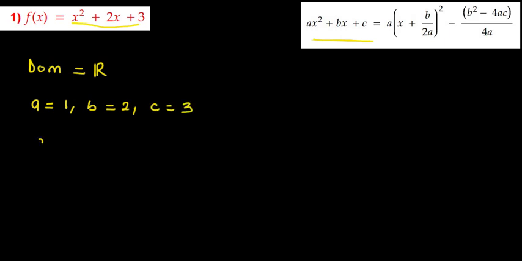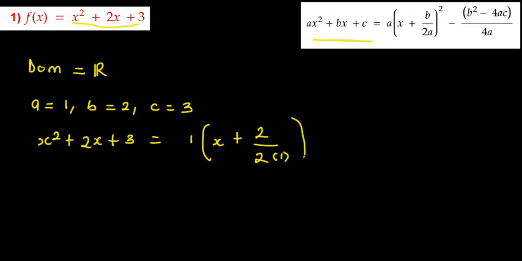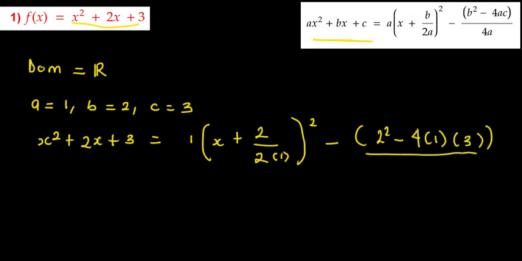So basically, x squared plus 2x plus 3 will be equal to 1 into x plus 2 over 2 into 1, all squared, minus 2 squared minus 4 into 1 and 3, all divided by